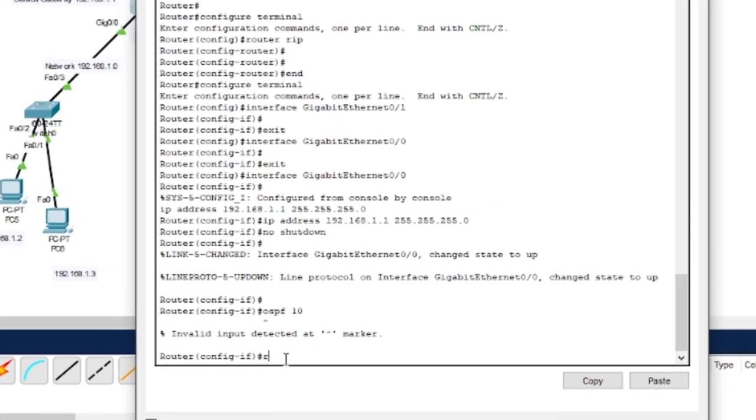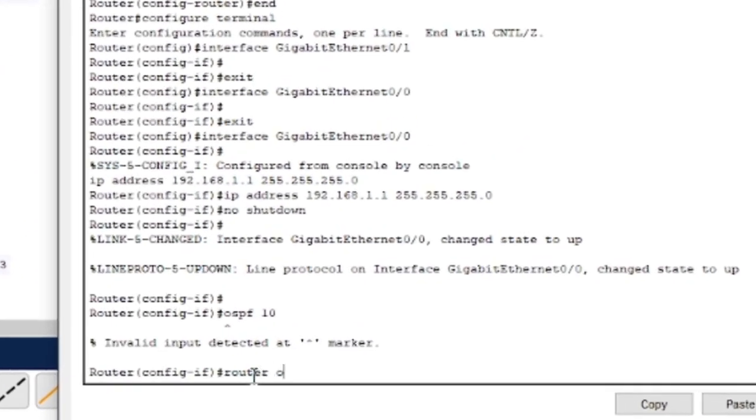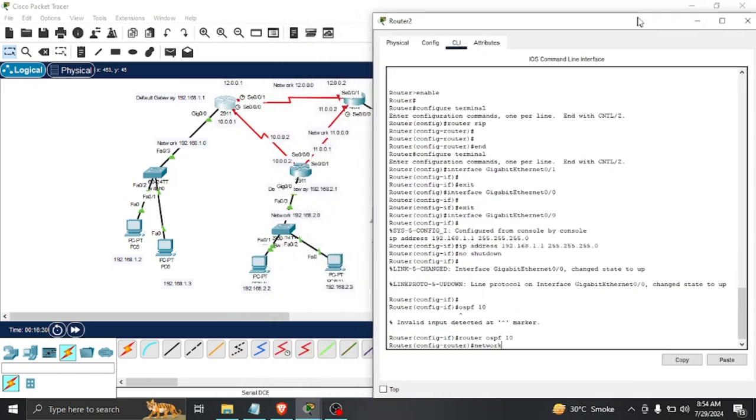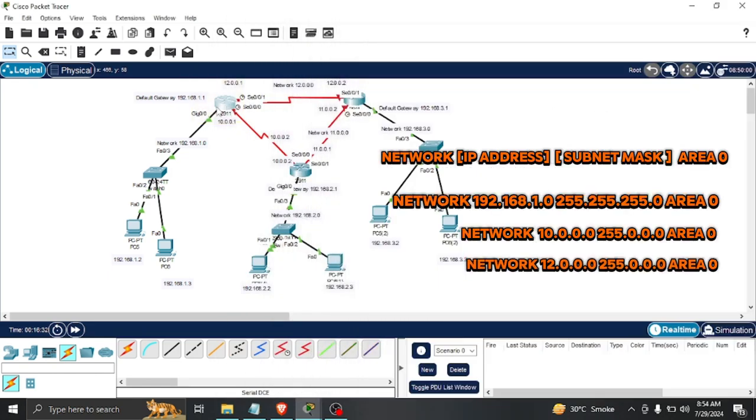And now we are going to do the OSPF routing. Make sure we are in config terminal, and then enter router OSPF 10, and then press enter, and write down the 3 networks this router is connected to, which in our case would be